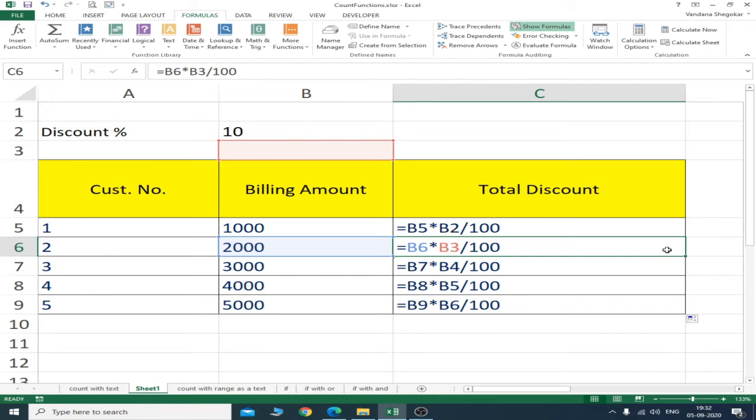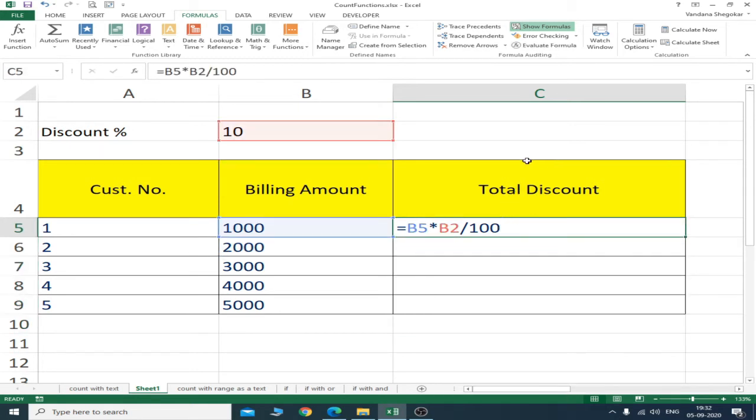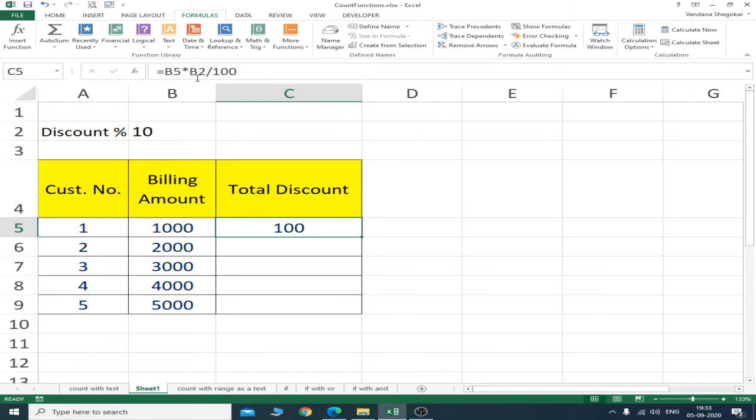What you are seeing here, that as we drag the formula down, the cell addresses are changing automatically, is called relative reference. So I will delete the rest of the formulas and we'll make the changes in the first formula. Here we will write the dollar sign, which is available on the number 4 key with the shift key. Now if I drag the formula down, you can see that we are getting the discount amount calculated accurately.